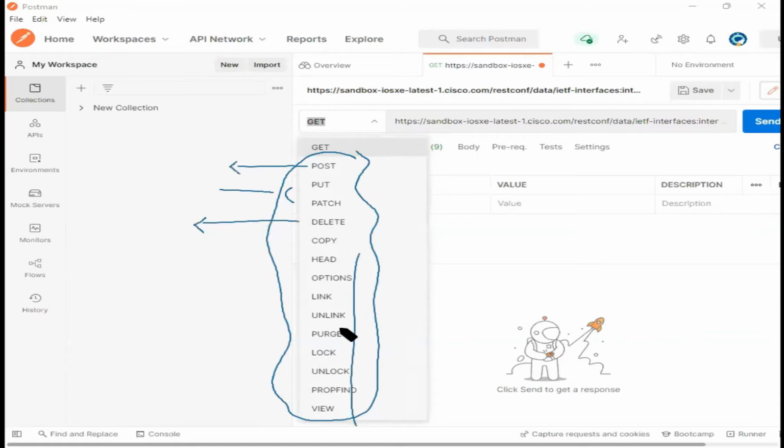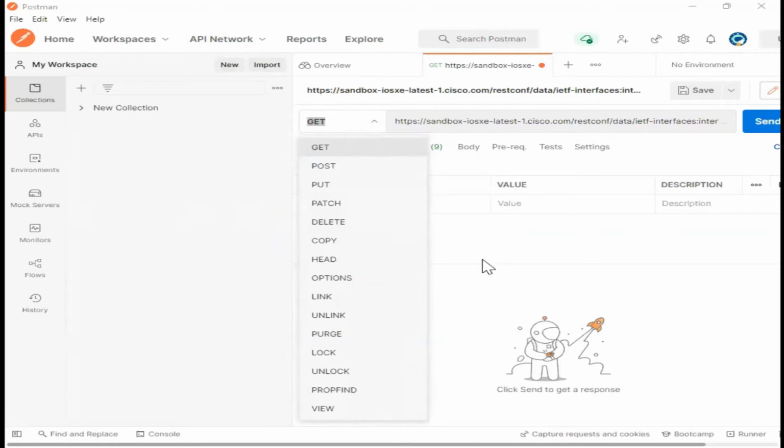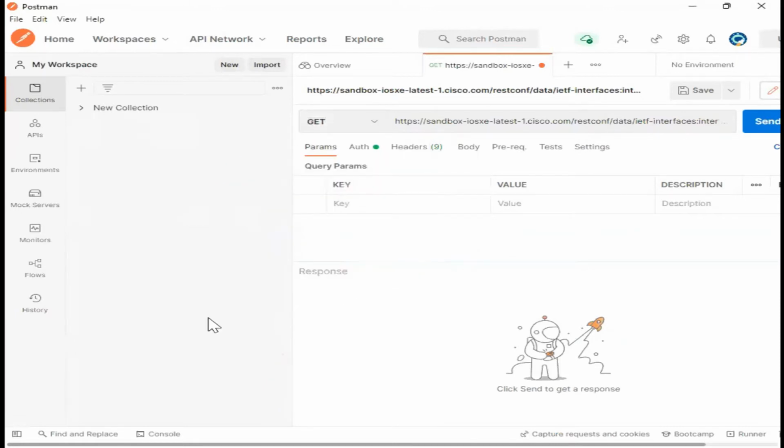There are a lot of other methods that even I am not aware of, but majorly we use GET for getting information, POST for posting something, PUT and PATCH for updating, and DELETE for deleting something.